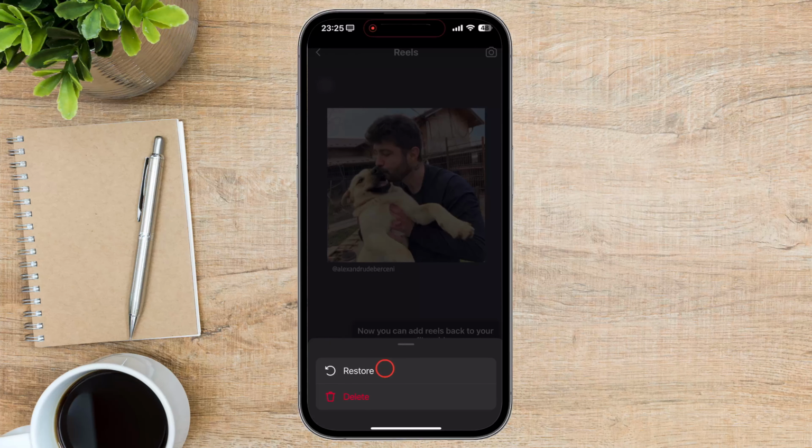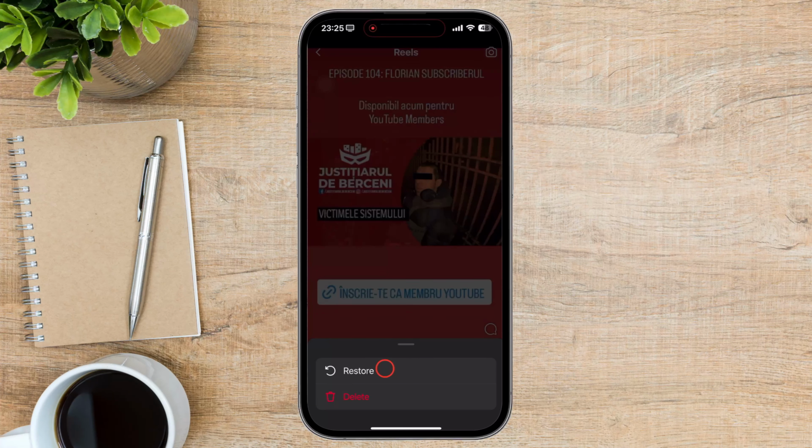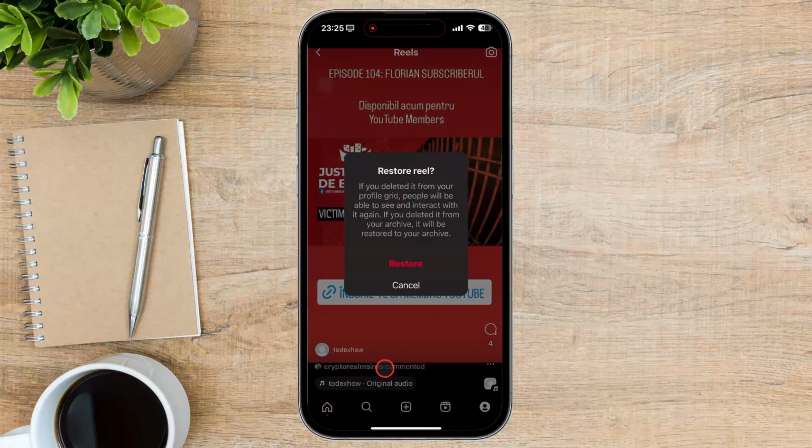A pop-up will appear asking you to confirm your decision. Tap or click Delete again to permanently erase the post. Before tapping or clicking on the Delete button, take a moment to make sure you really want to get rid of the post. So there you have it. Now you know how to access your recently deleted Instagram posts and how to recover or permanently delete them. Remember to use these tools wisely and to back up your important Instagram content regularly.